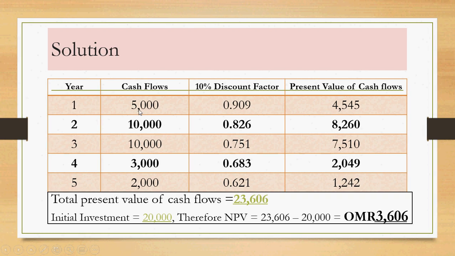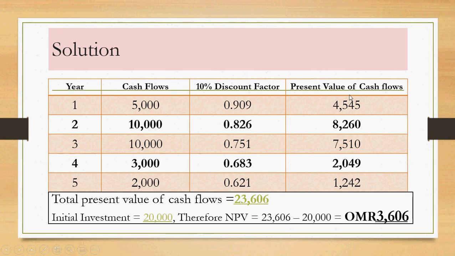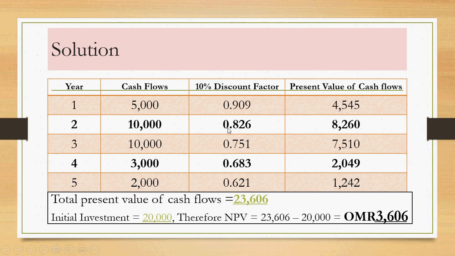I repeat, 5,000 multiplied by 0.909 equal to 4,545. We repeat the same for year 2, year 3, year 4 and year 5. Year 2, see, 10,000 multiplied by 0.826 equal to